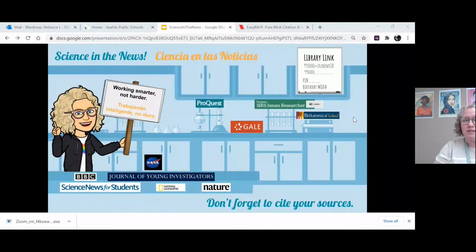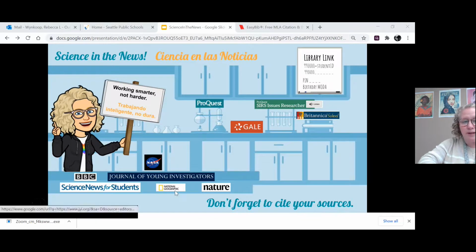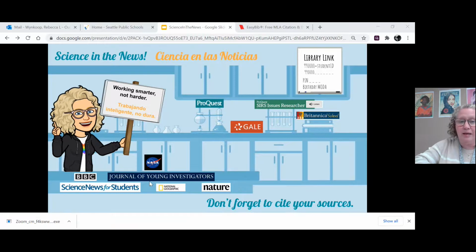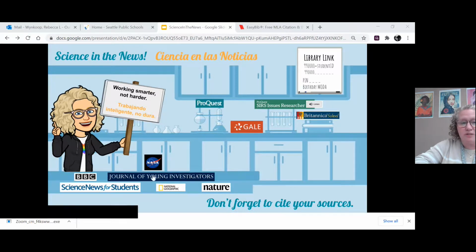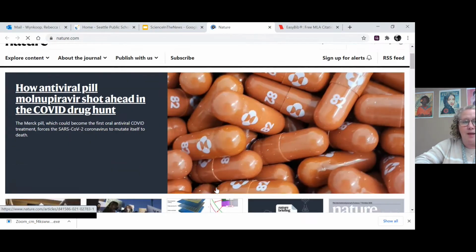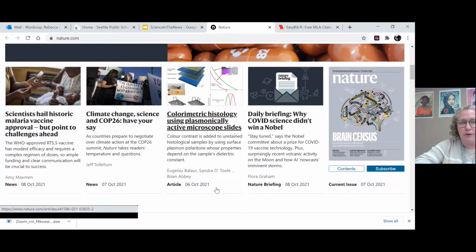So the first thing is, this is our Science in the News slide that we have been using for our research. Down at the bottom, you'll see there are links to some pre-evaluated, already evaluated as credible sources, some predetermined, reliable resources that are websites. And if you use a website, you are going to need to use a citation generator in order to create a bibliographic citation. So the first thing I'm going to show you is if, for example, I click on Nature and I had found an article that I was going to use,